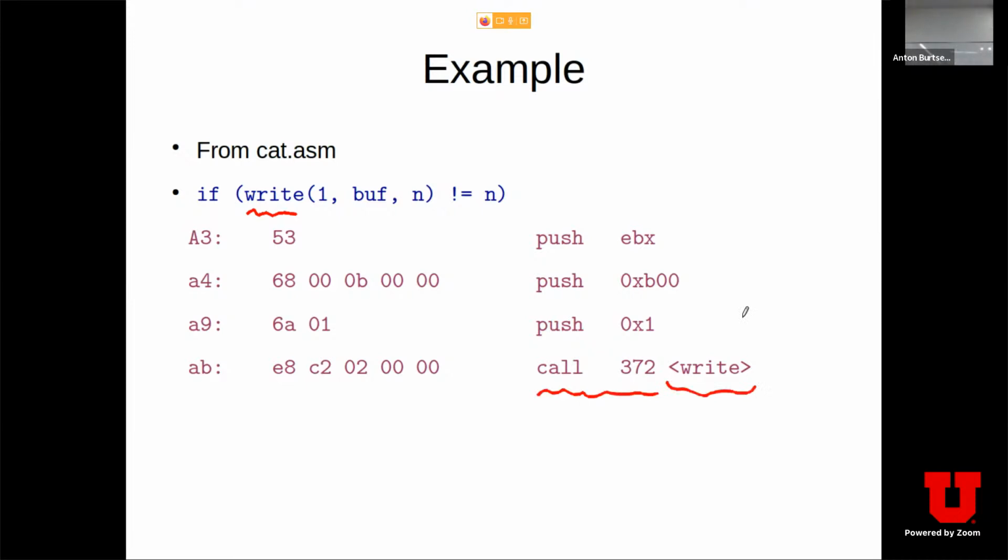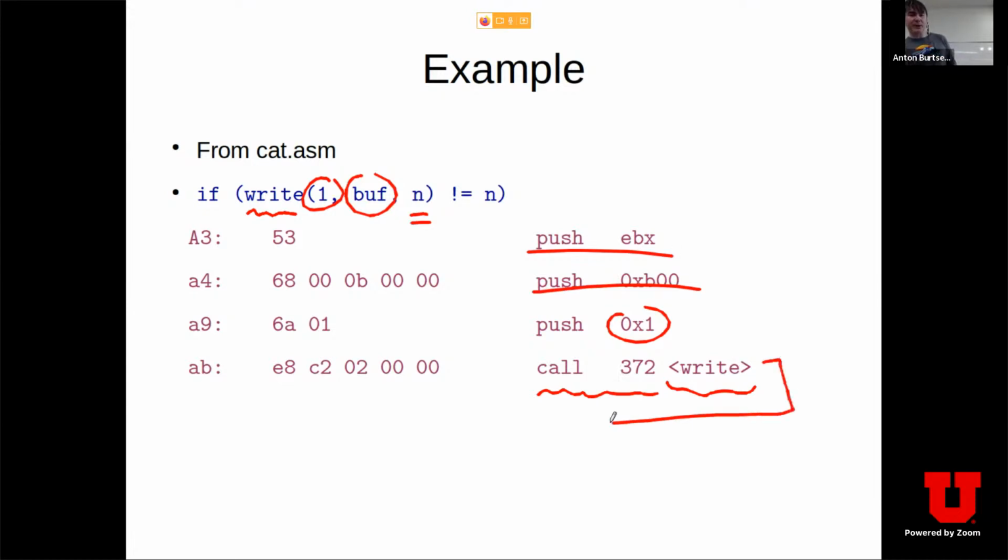Remember, linking and loading. Write will not be yet resolved, right? So it will be like an undefined symbol, but we will link against the stub. The compiler knows that, okay, if you want to push 1 as a file descriptor, you push it as the argument here, pointer to a buffer, push a pointer to a buffer, and EBX contains this value, right? So this is what the compiler will generate. But still, we don't have this. We need this stub for